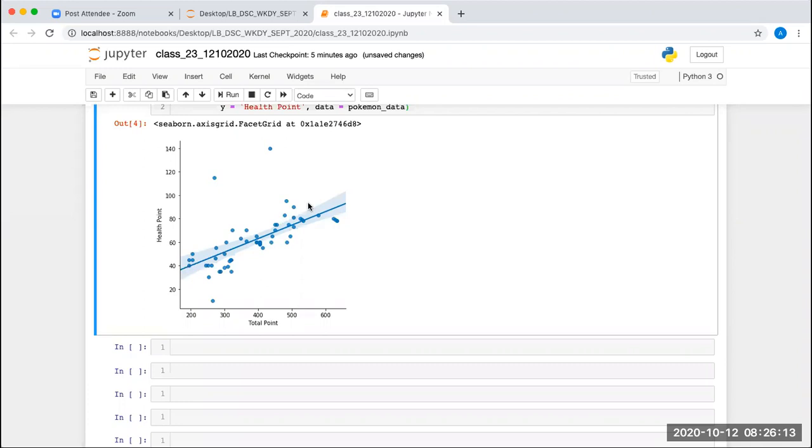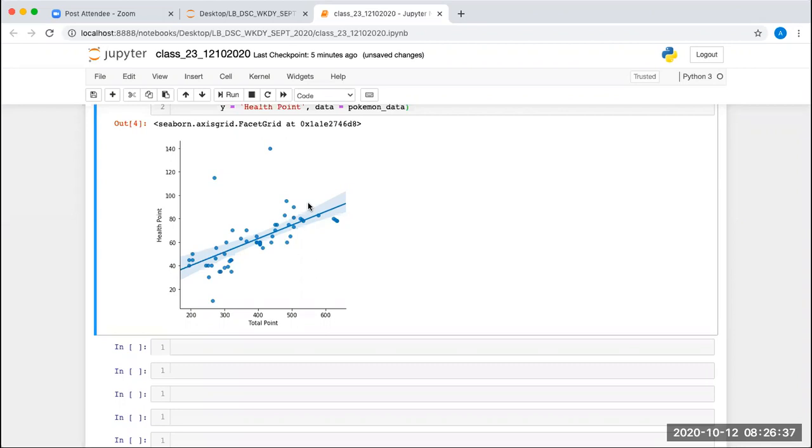Next, let's say I want this lmplot to be done using a central tendency approach. In central tendency, we use either mean, median, or mode to find the central tendency of a group of data.